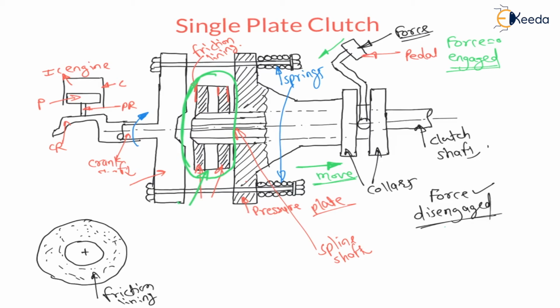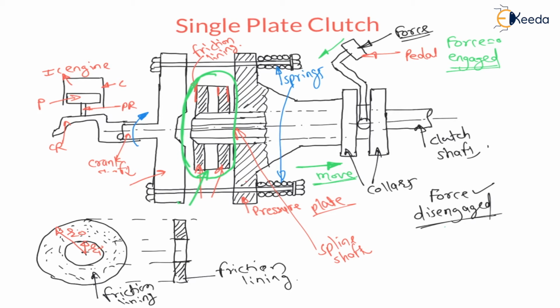Now they are having some inside radius Ri and outside radius Ro, right? And these plates will be having some thickness T. If we see another view of these plates, these plates will be having some thickness T, and these are hollow plates. This is a friction lining or friction material, we can say. Now on these steel plates there is a pressure acting,